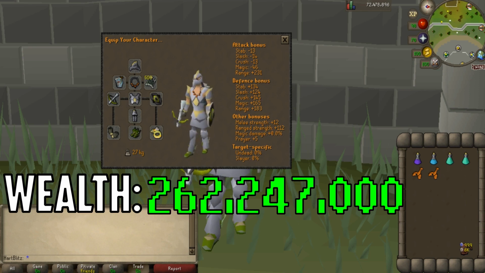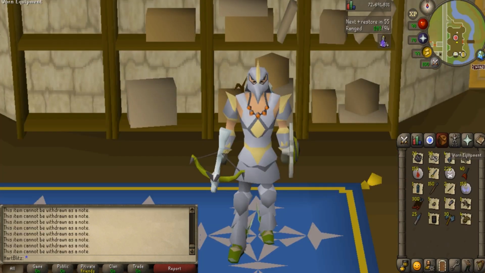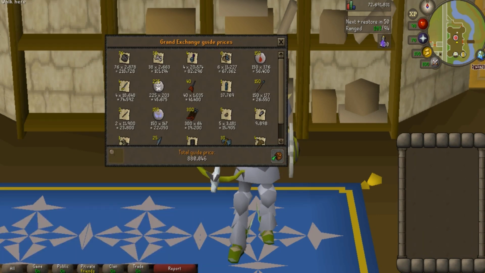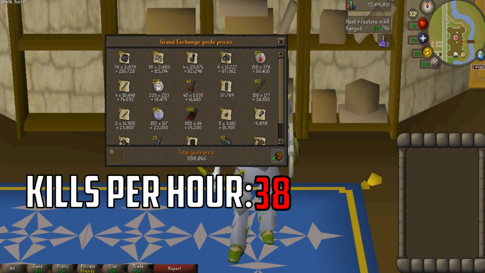262,247,000 GP. Now this setup is considerably more money than any of the other setups, but the Dragon Hunter crossbow alone cost 110 mil GP. After the hour was over, the total loot we got was 880 KGP, and we also did 38 kills in the hour. This is the most kills we got per hour, which makes sense due to the gear and the crossbow upgrade. Now we will do some calculations to determine which setup is the most worth it based off of the results,